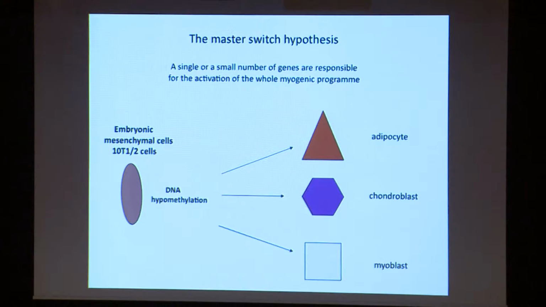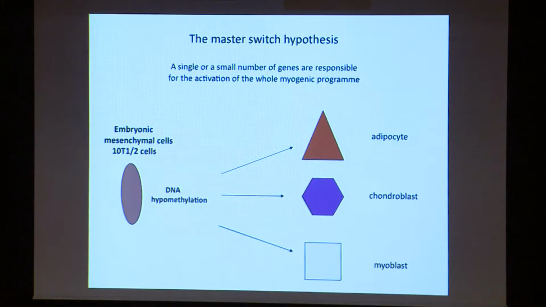And the frequency of this conversion was incredibly high, such that about 20% of the cells after 5-azacytidine treatment, which is the hypomethylating agent used in these experiments, 20 to 25% of the cells could become myogenic. This means that a small number of genes must be involved in this, maybe one, maybe two, according to statistical